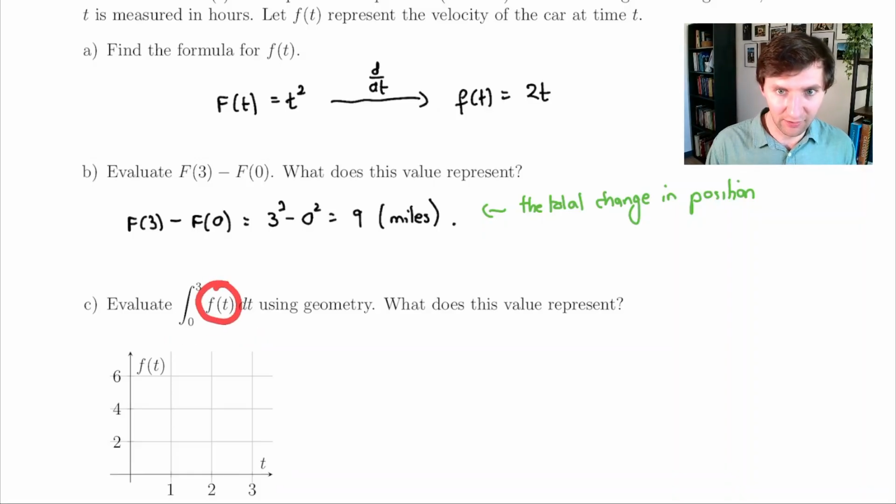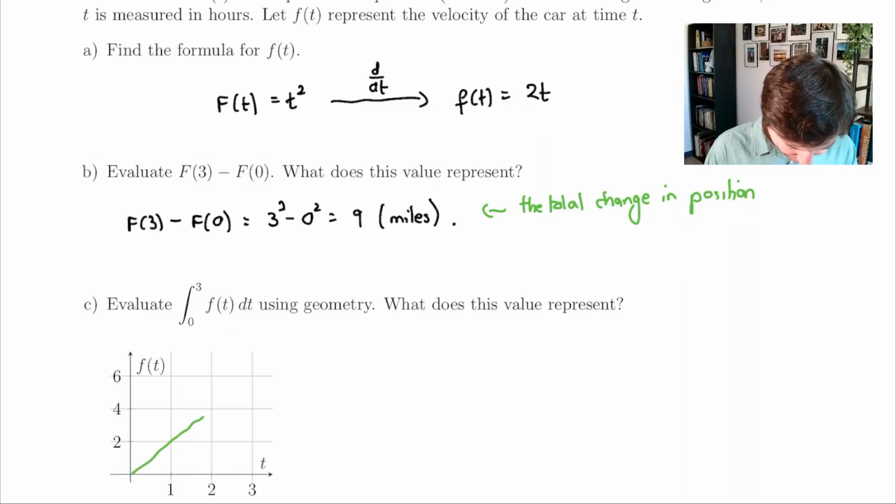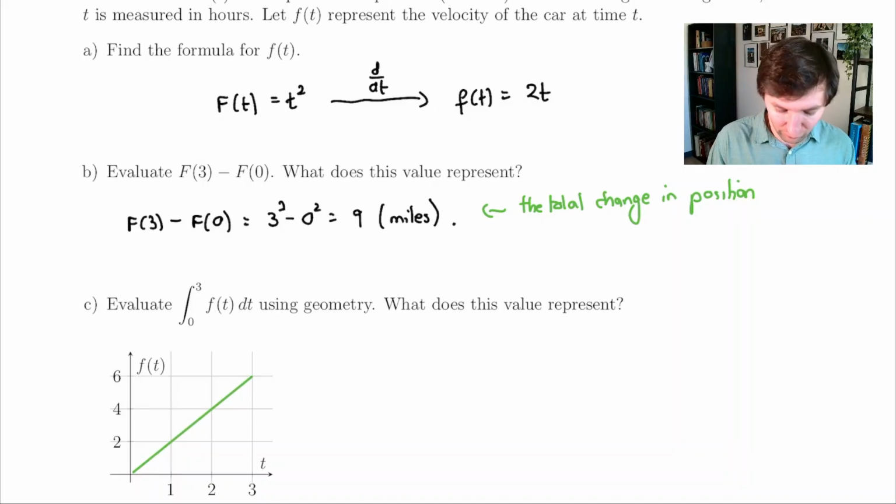Small f of t is 2t. I know how to draw 2t. Its vertical intercept is 0, its slope is 2. When I draw this, I get the following segment. I only drew the segment between t equal to 0 and t equal to 3 because that is the interval